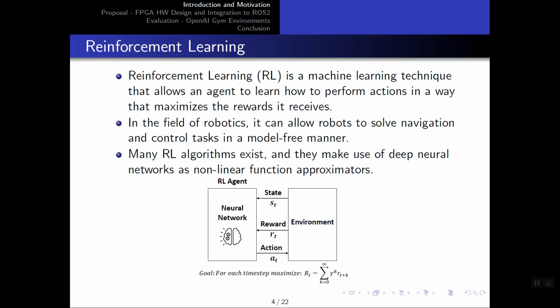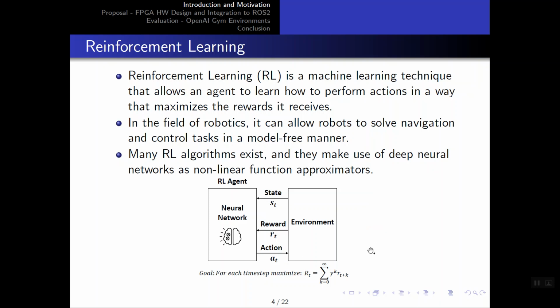So reinforcement learning is a machine learning technique that allows an agent to learn how to perform actions in a way that maximizes the rewards it receives. So here I have a schematic of a standard reinforcement learning problem where an agent reads from an environment a state input, and based on that state, it produces an action output. Based on the action that was produced by the reinforcement learning agent, the environment gives it a reward. So based on this paradigm, the reinforcement learning agent is able to learn how to perform actions in a way